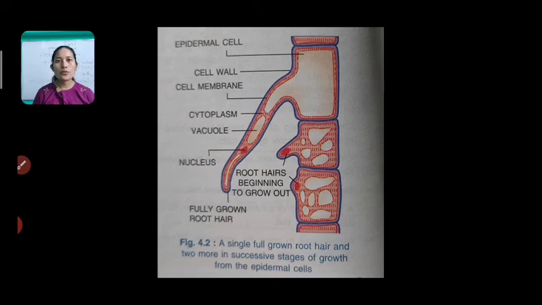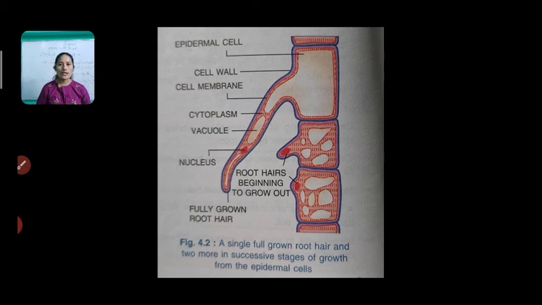And as we know, the cell wall is a non-living part and it's freely permeable. It allows all water and minerals to enter freely into the cell. But you have a second layer, that is the cell membrane. It's a living membrane and it allows only water to enter, whereas it restricts the entry of some of the minerals, because of which the water can easily enter the root hair. So those were the three characteristics which make the roots efficient for absorption of the water.